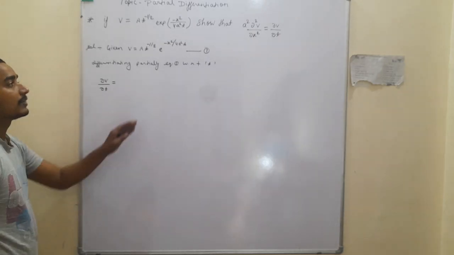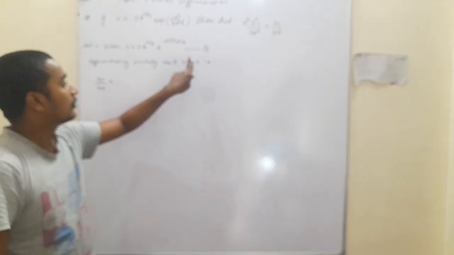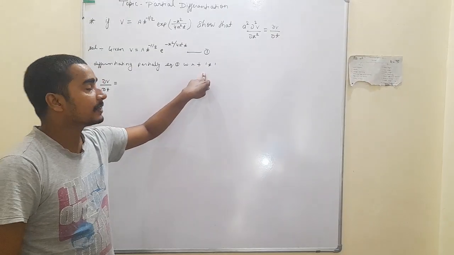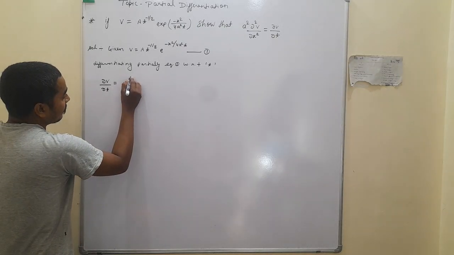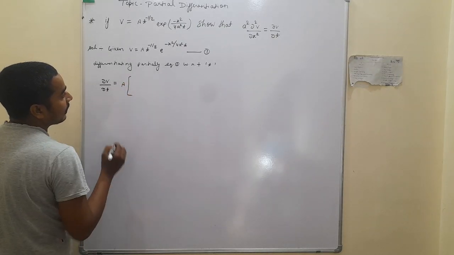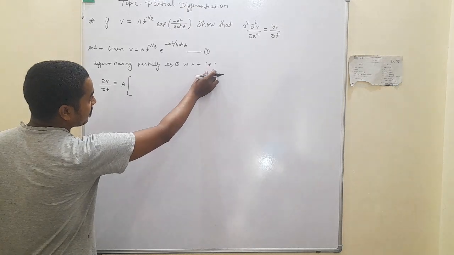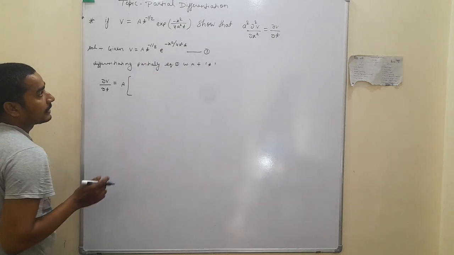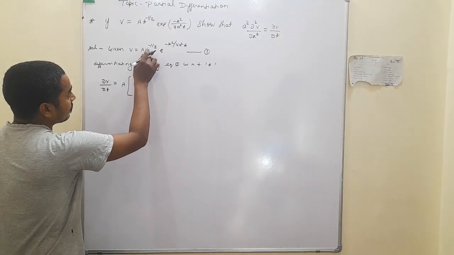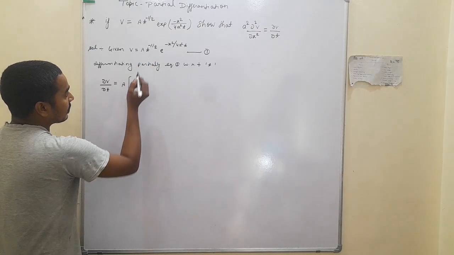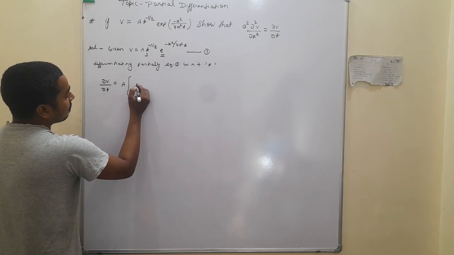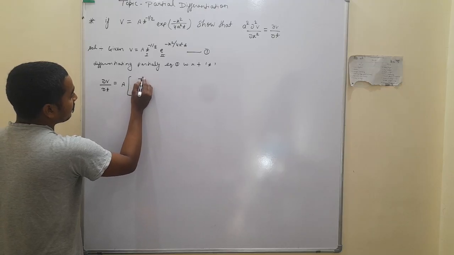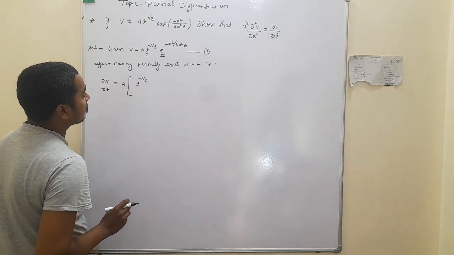When differentiating equation 1 with respect to t, treating x as a constant, a is taken outside here, a is constant already, and we differentiate with respect to t taking x as a constant. So t to the power of minus 1 by 2 is the first function and this is the second function. First function is outside, t to the power of minus 1 by 2, and differentiating the second